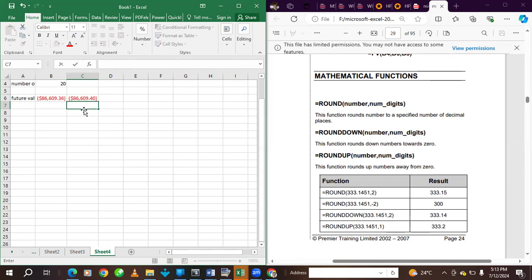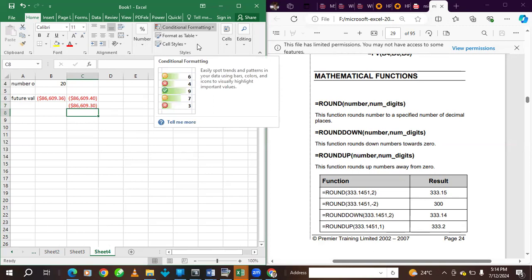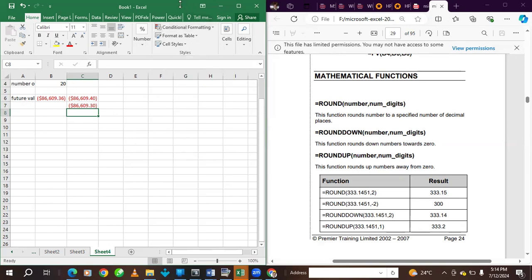So equal to round down. When you type equal to round down, you open the bracket. Then you click here. You put a comma, then you can round it down to 1. You round it to 1. Why do we say 30? Why do you say 30? Because it will only truncate 30, and the figure after it will change to